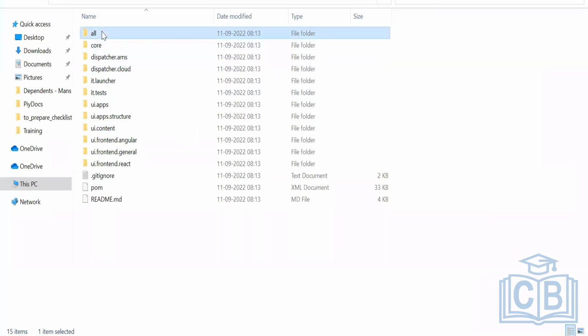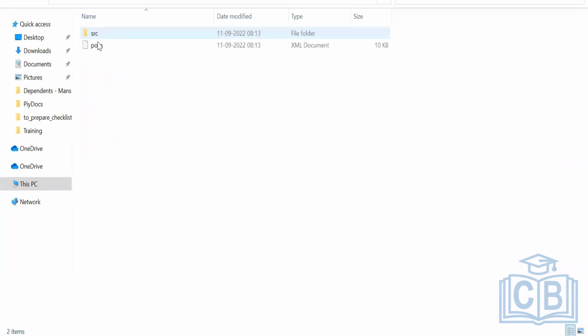All contains, all is nothing. This is empty. Here, if you go inside src, inside main, inside content, meta, there is nothing. You won't find any code base here. This is all empty. No code base over here. But here, what happens is when you build and deploy your code base,